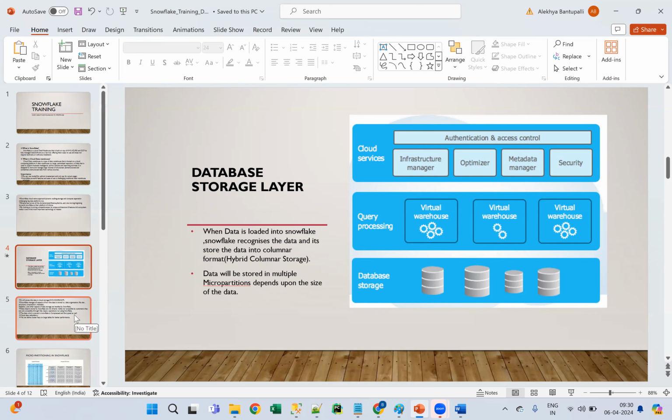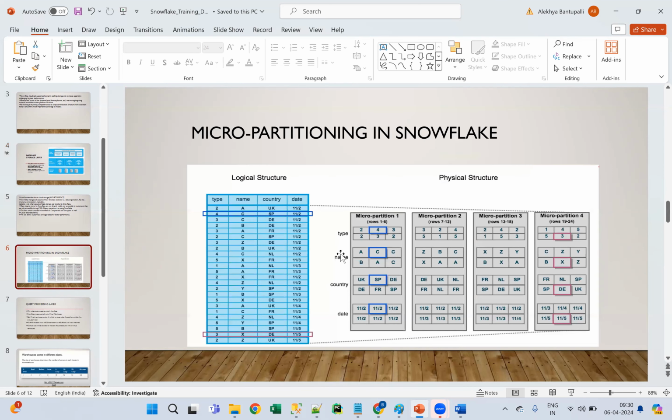Okay, I will show you what that is. Now see the example. For example, I want to load this file data into my Snowflake tables. Normally, by using SQL commands, we would write insert into table name values, and we insert those values into SQL tables. But whenever you are loading data into tables, guys, these things will happen. If you see the physical structure here, these are called micro partitions, guys.